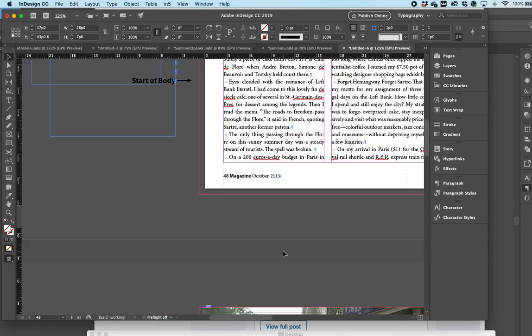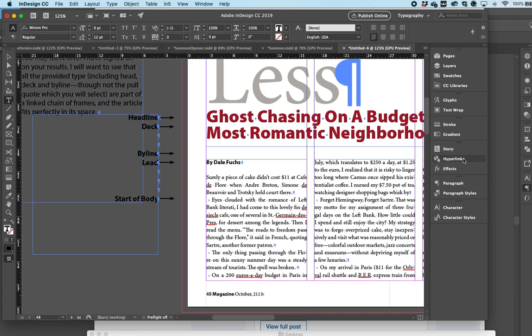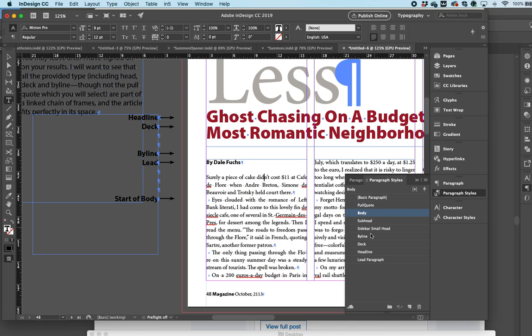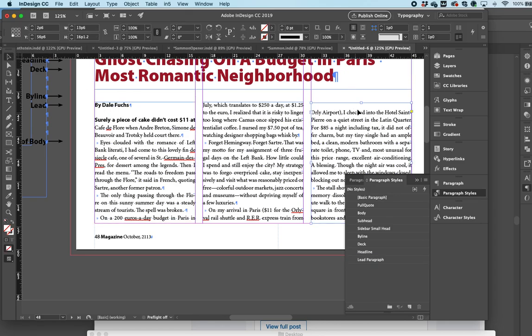So there is that. Oh, and the one thing we forgot to do up here is the lead paragraph. Let's just do that quickly. And that's something else you could do in InDesign, is this is automatically bold, just the first line, and it doesn't matter where that line ends. We can make that line longer, and just whatever is on that first line is going to be bold. And that's called a nested style or line style, and you can build one style into another one. And we'll talk more about that as we get more into